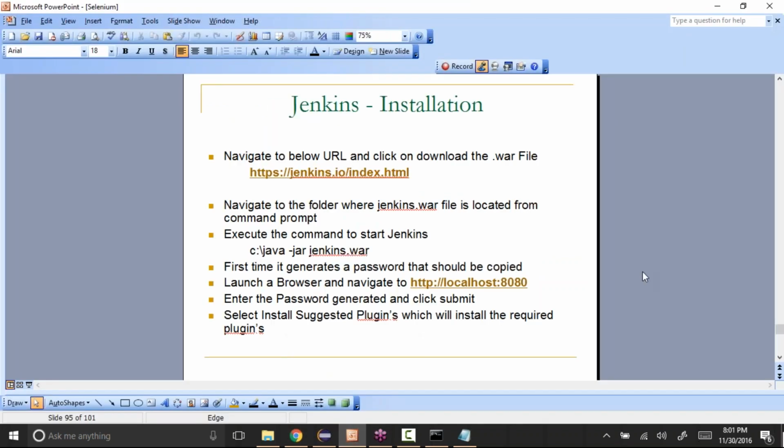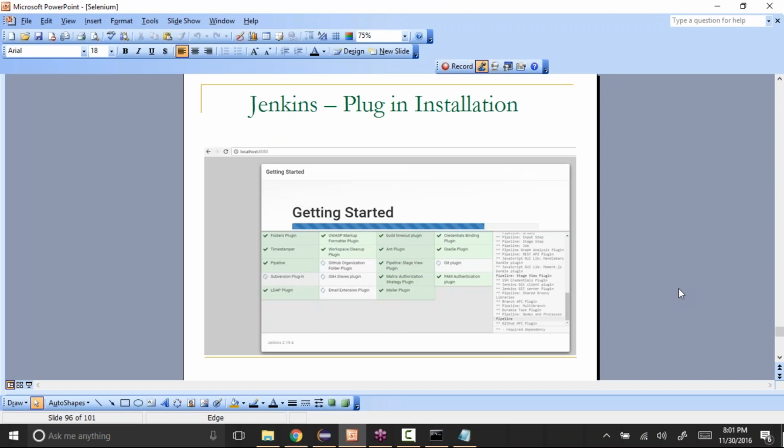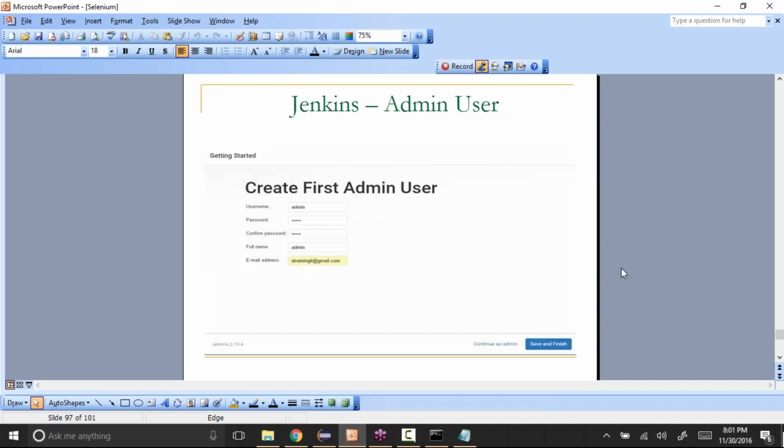When you are doing it for the first time, it will install some plugins. You will get this page on your browser, which will install all the required plugins. Forget about what the plugins are; it will install all the required things for Jenkins. Just stay there itself.